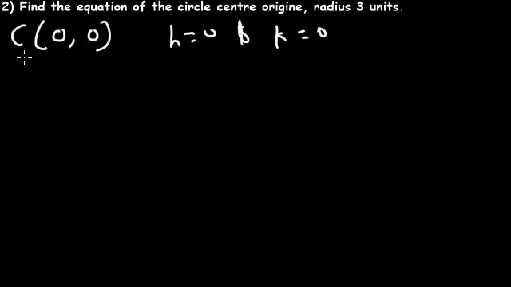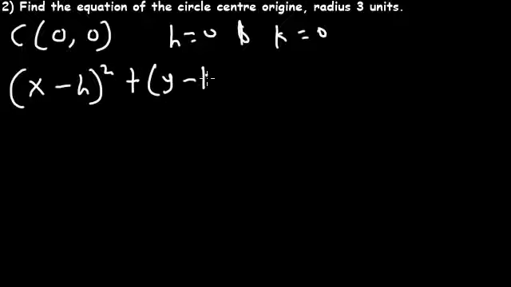Find the equation of a circle with center at the origin and the radius is 3 units. Since the center is the origin, it has the corresponding coordinates (0, 0). So it means the value of h is 0, and at the same time k is also 0. So therefore, the equation (x minus h) all squared plus (y minus k) all squared equals r squared becomes